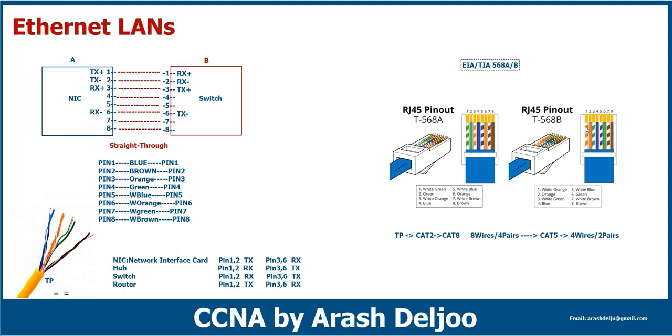Look at here, white orange, here we have white green; green, here we have orange; white orange, here we have white green; blue and white blue are the same, and then orange converted to green. After that white brown and brown again are the same. Because of that, now we know about two standards, 568A and 568B. These are two standards about the pinout. Now let me talk about what is the relation of these two standards to